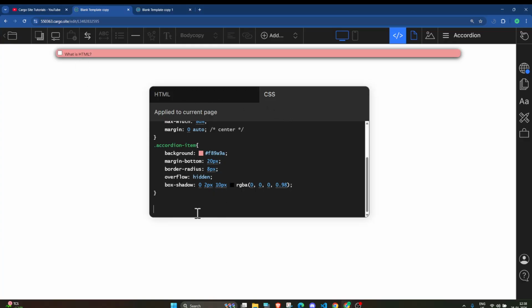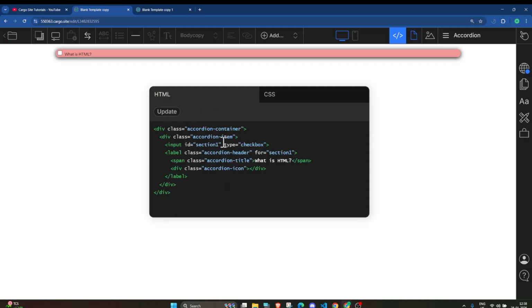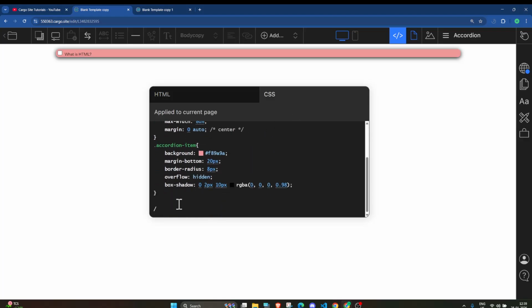So how are we going to select it? First simply select this accordion item, paste it here, and after that, inside this we have the input field, and for the input field we will add type equal to checkbox.